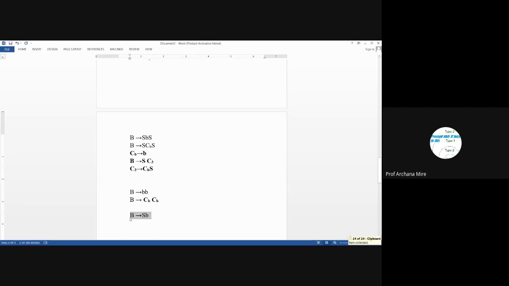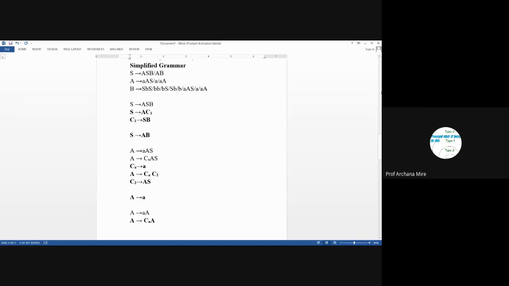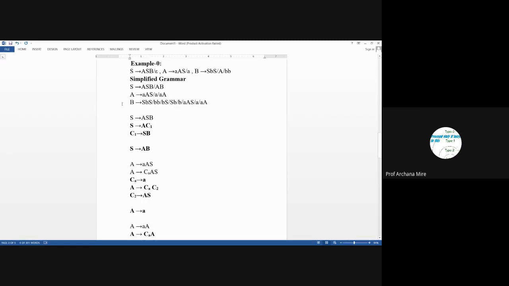So once again, we will need to replace this terminal symbol B with the non-terminal symbol CB. Now the production rule consists of a right hand side with exactly 2 non-terminals. Since it consists of exactly 2 non-terminals, the corresponding production rule is already in CNF form. We don't need to make any changes. So SB we have done.